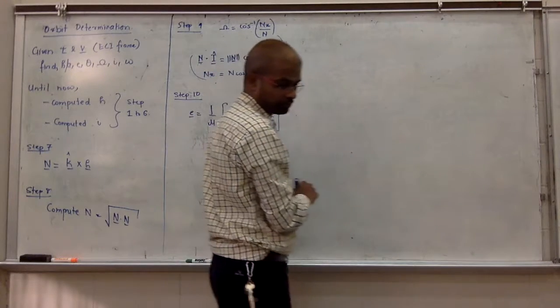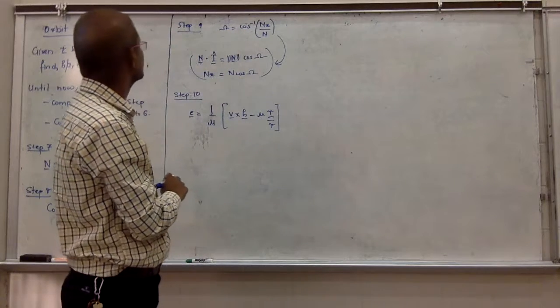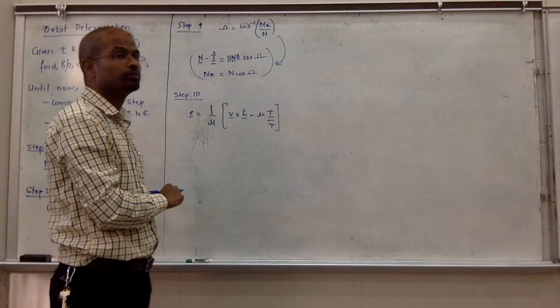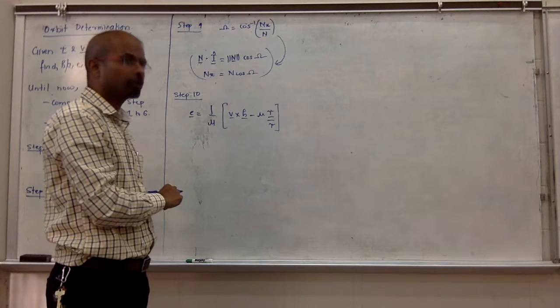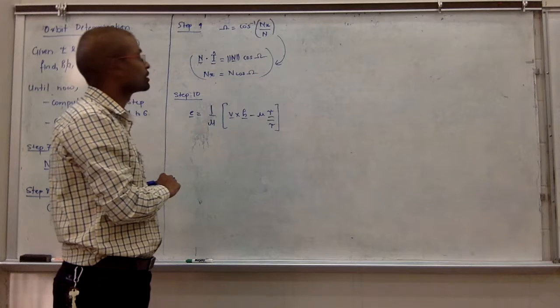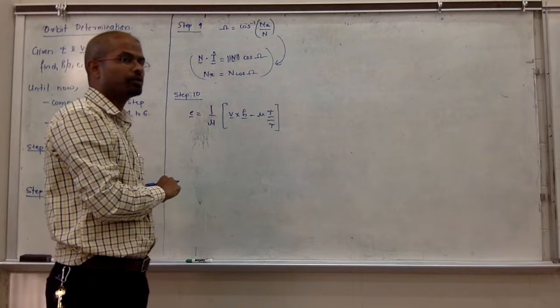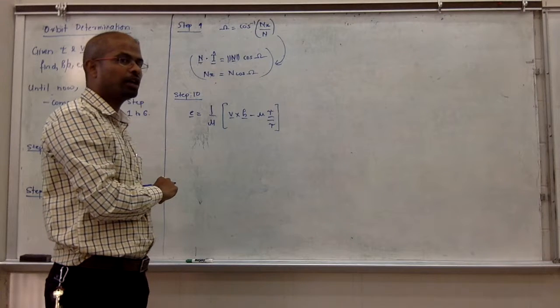That is about step 9. In the book, it talks about 2 cases. We'll talk about the 2 cases later, but this is the justification. The 2 cases will exist for I and